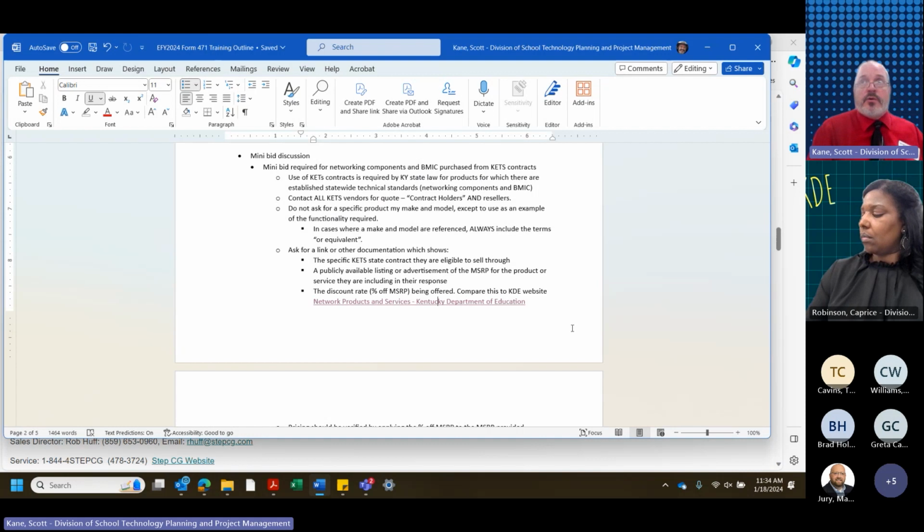When you make your request, make sure that you do not identify that this is the product we want. If you say this is the product we want, you absolutely must add the words "or equivalent." This has to be at least perceived as being a truly open contest. If you just say this is what we want, you've not left it really open to the possibility that something else, an alternative, might be a worthy option.